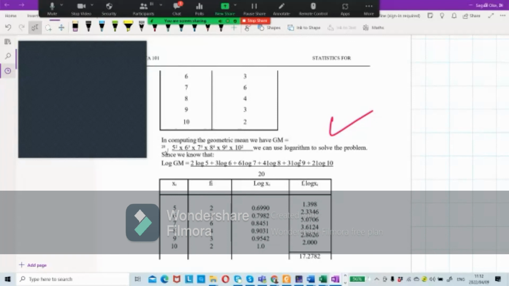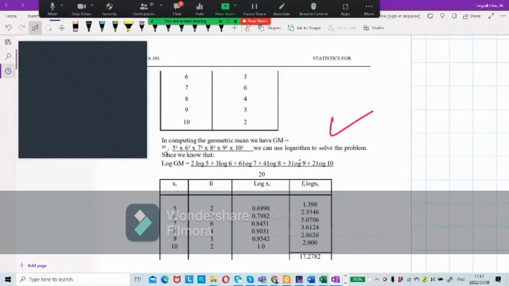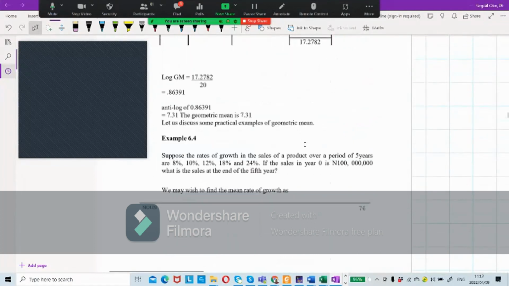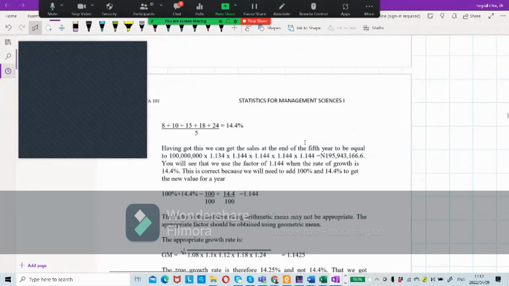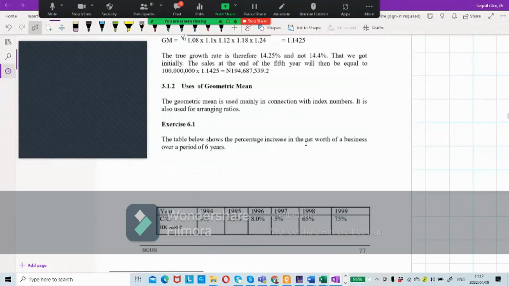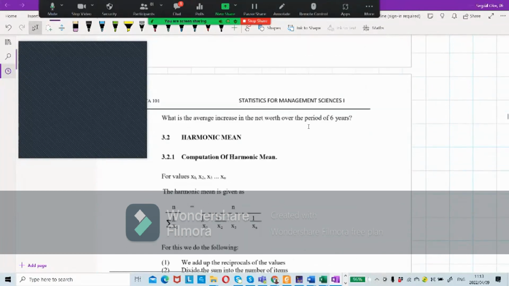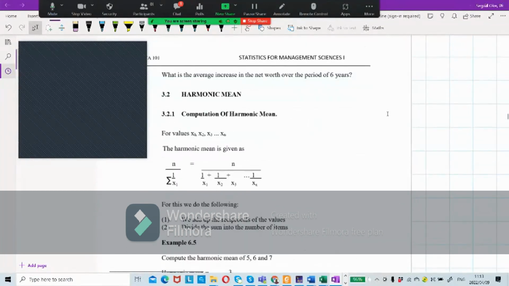That is 2 log 5 plus 3 log 6 plus 6 log 7 plus 4 log 8. And what is the total frequency of it? Everything divided by 20. All you need to do is use your calculator to solve it. I've seen questions on all this and I know what I'm saying. Now, when it comes to